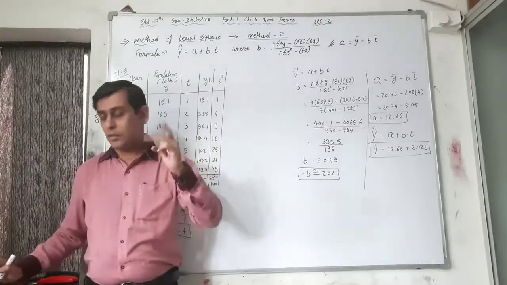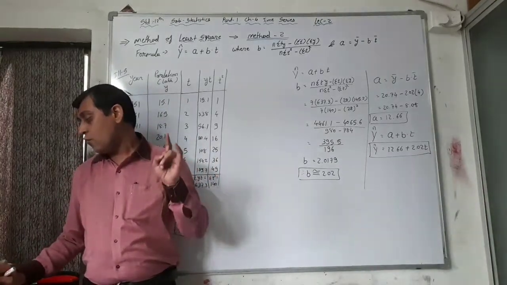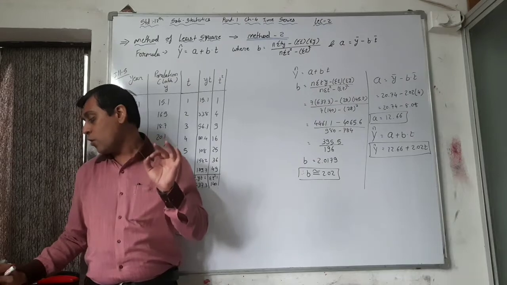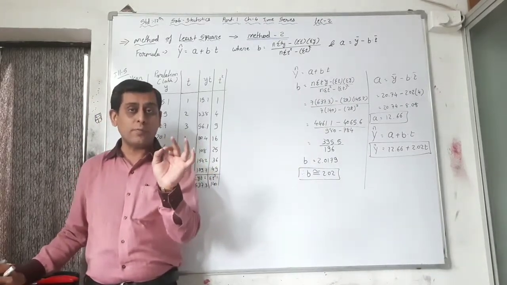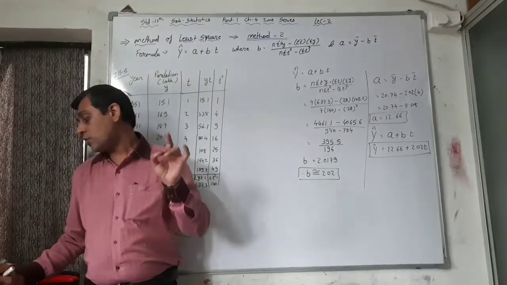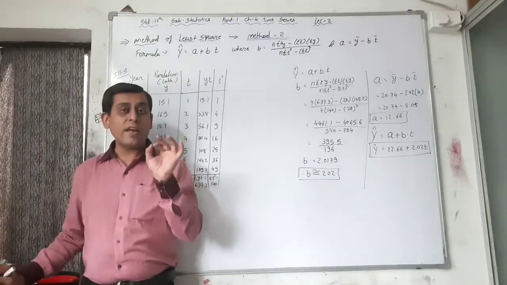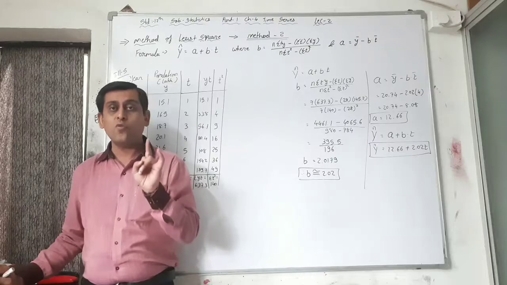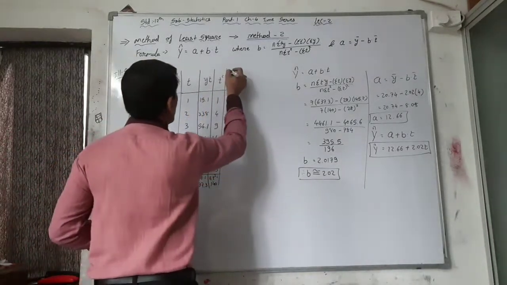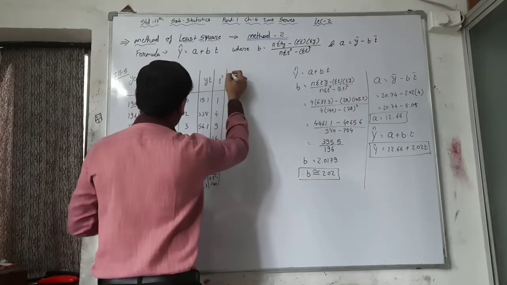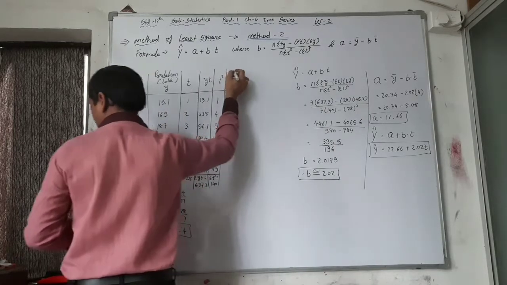Now again the another question, find out the trend values for each year. See here, underline this question. Underline this because find out the trend value. Whenever it is said that we have to find out the trend value for each year, we have to make one another column here, that trend values.